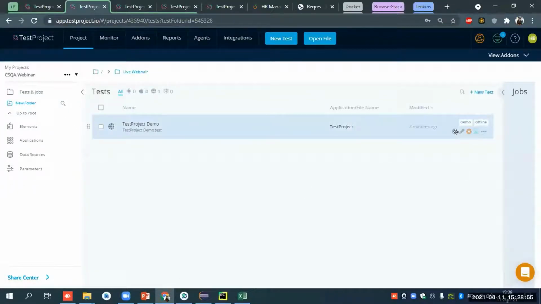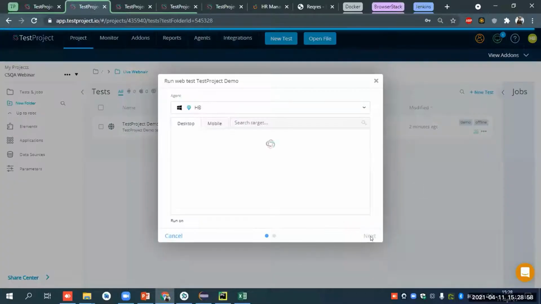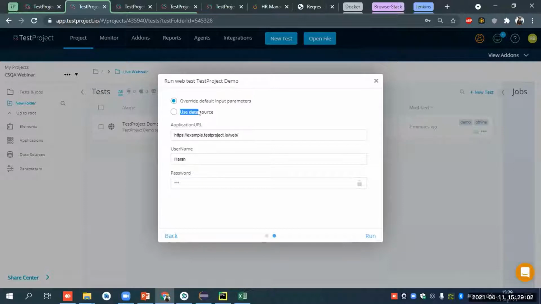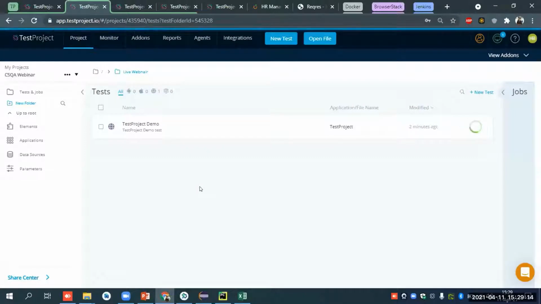And here, during the execution time, I will select this one, and here I will use a data source. What it will do is override the default parameters that we have mentioned. So I will select the data source and run. A new window will open.